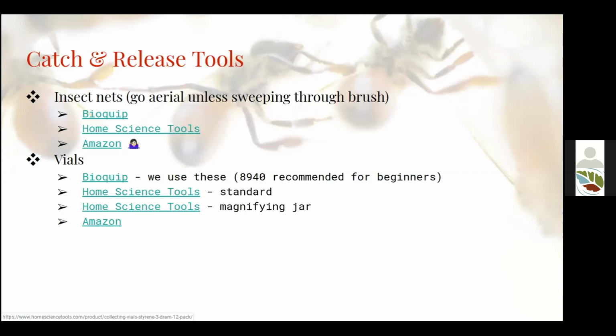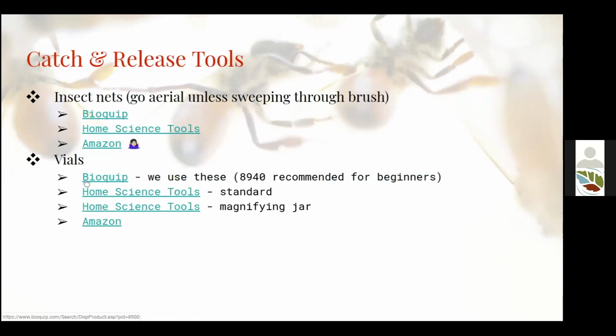Another supplier that is great to use and generally is a little bit geared towards kids is Home Science Tools. They have insect collection kits that you can get, but they also have other great science kits like chemistry sets and rock polishing kits and things like that. Amazon apparently has everything, and so you can get some things through Amazon as well. But I really recommend going through BioQuip if you can.